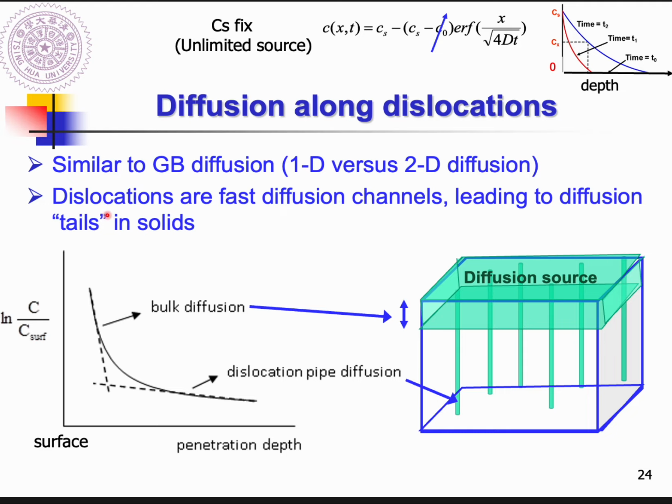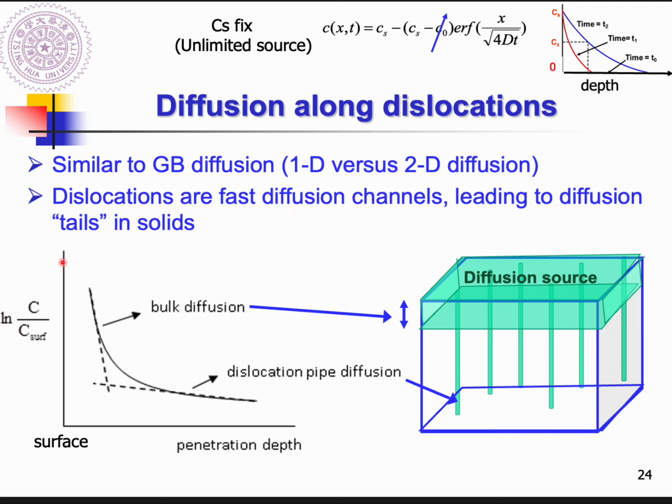What does this mean? Dislocations are fast diffusion channels, as we mentioned before, because an atom at a dislocation has higher energy, so that will result in a lower energy barrier, so the diffusivity will be higher. So this can be considered as a faster diffusion channel inside your materials. And so when your samples have some one-dimensional dislocations, what